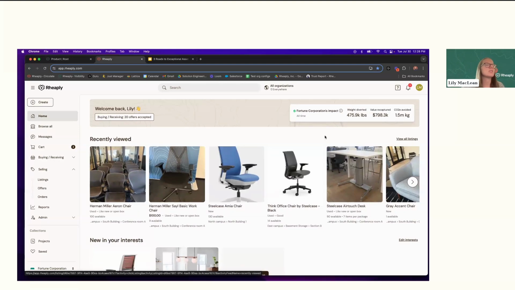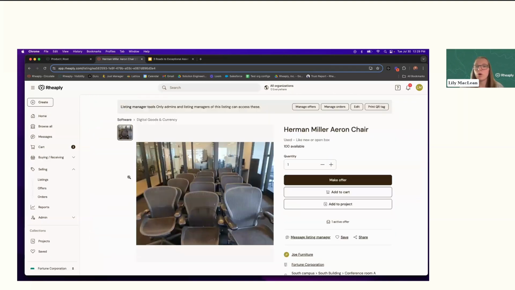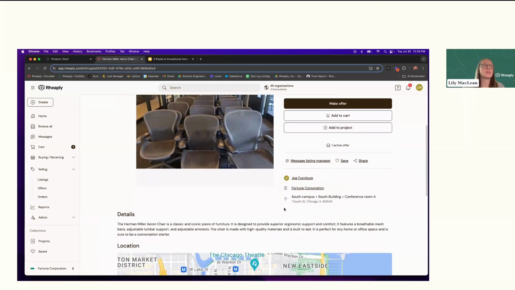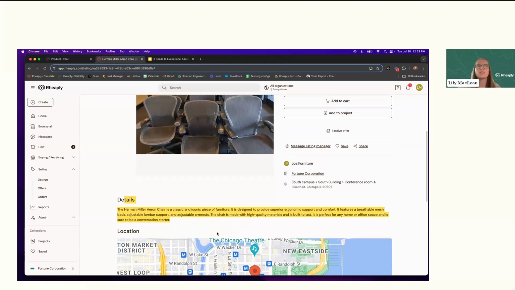And in that case, there's a couple of options. What we see a lot is, yes, the buyers or the donation partners are responsible for picking up the item. In 99% of the use cases that we work with, the recipient is in charge of going to get the item. But there are some ways that we can make this easier in the product. For example, we see this happening in the description and the details: we typically do donation days on a certain day, or there are some additional requirements that you must meet.